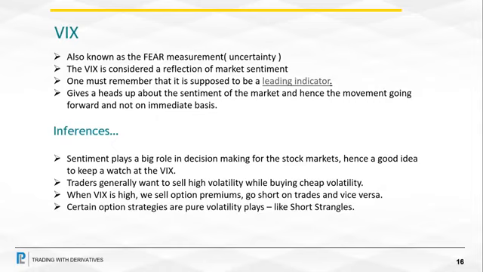So how does VIX play? The higher the VIX goes, the lower the market goes. It is always inversely proportional to the market, because it is the fear sentiment. If there's fear and uncertainty in the market, then definitely there is selling pressure and you expect the market to come down. So it's always against the movement. If VIX is high, the market usually goes down.